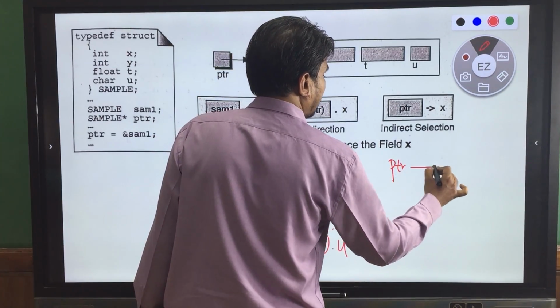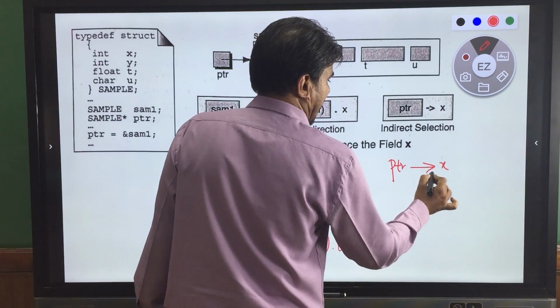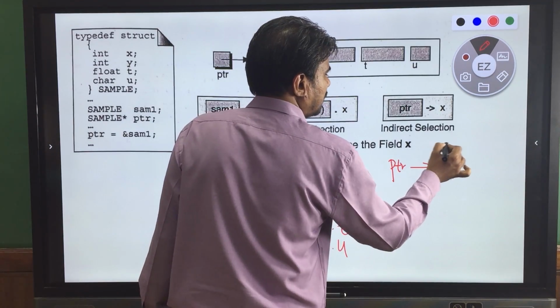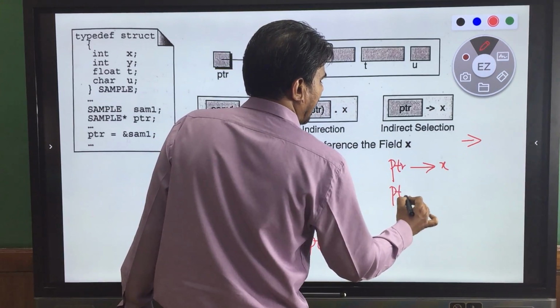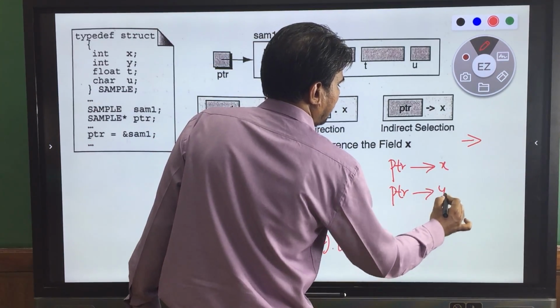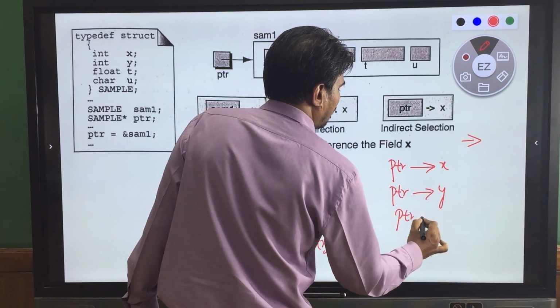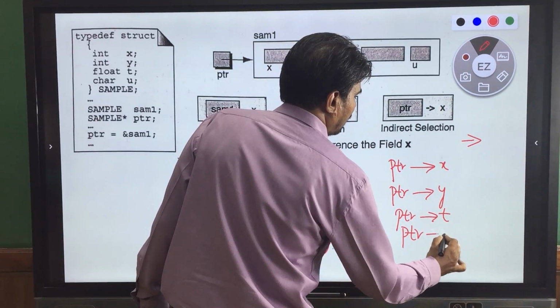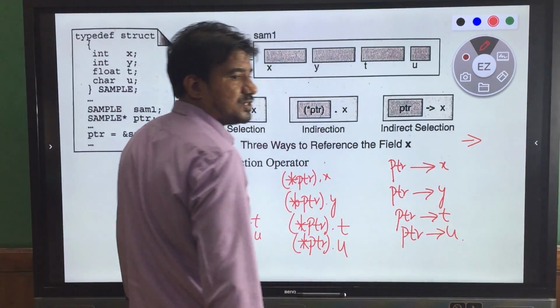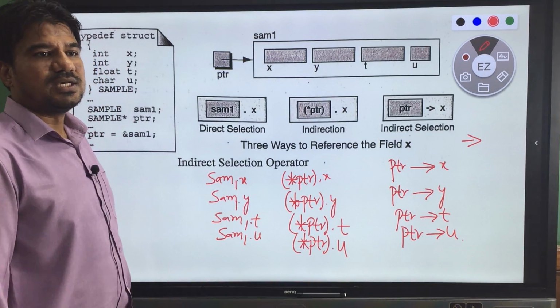Simply put PTR arrow X. How can we type this arrow from the keyboard? Put the hyphen, then the greater than symbol. Then PTR arrow Y, PTR arrow T, PTR arrow U. Likewise, you can access all the elements from the structure.